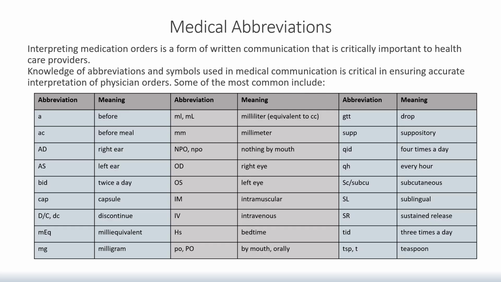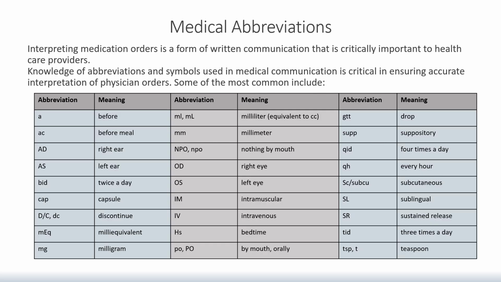Some of the most common ones include, and they're on this chart, the abbreviation A, meaning before, ml for milliliters, GTT for drops, AC is before meals, MM for millimeter, SUP for suppository, AD for right ear, NPO for nothing by mouth, QID for 4 times a day,